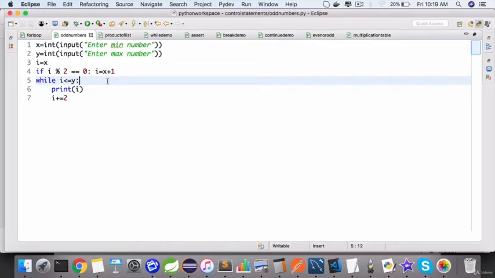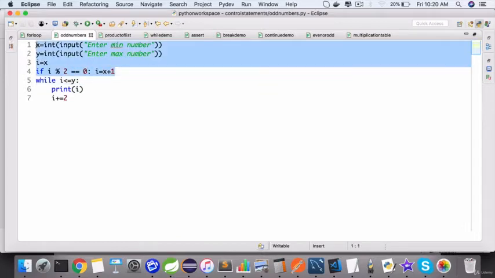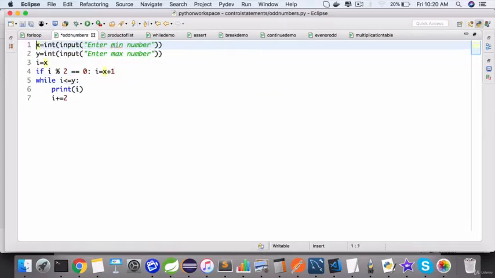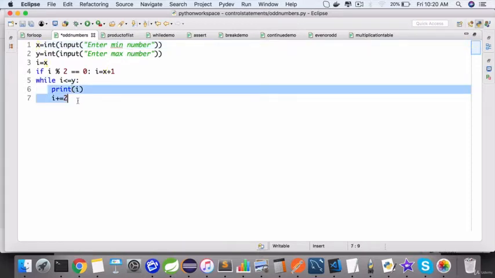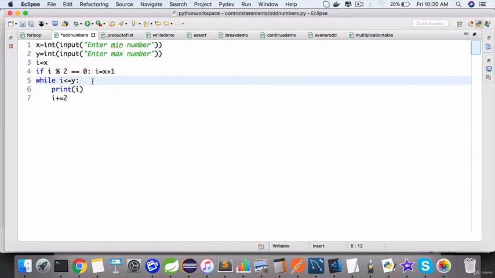Python uses indentation to recognize a block of code. Here, these 4 lines have no indentation, that is, no spaces towards their left. But if you realize, under the while loop, there are 2 statements which have 4 spaces before them. This is indentation. In other programming languages, we typically use flower brackets